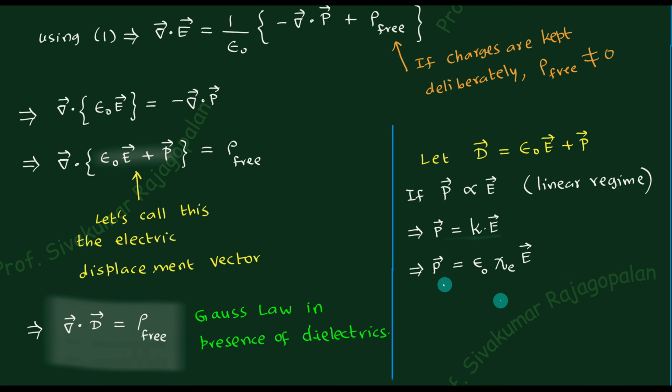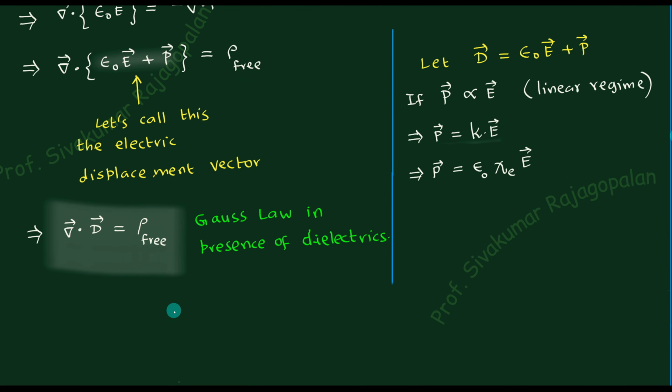And this kind of expression, as I already told you, is valid only in the linear region. So when you are performing the experiment, provided that you have limited the strength of the electric field in such a way that the polarization graph is a straight line, only then is this equation valid. If you go to the nonlinear regime, then this equation is completely wrong. We can't write like this. So this is a very important point, and therefore we will make an emphasis here: we are always going to talk within the linear regime.